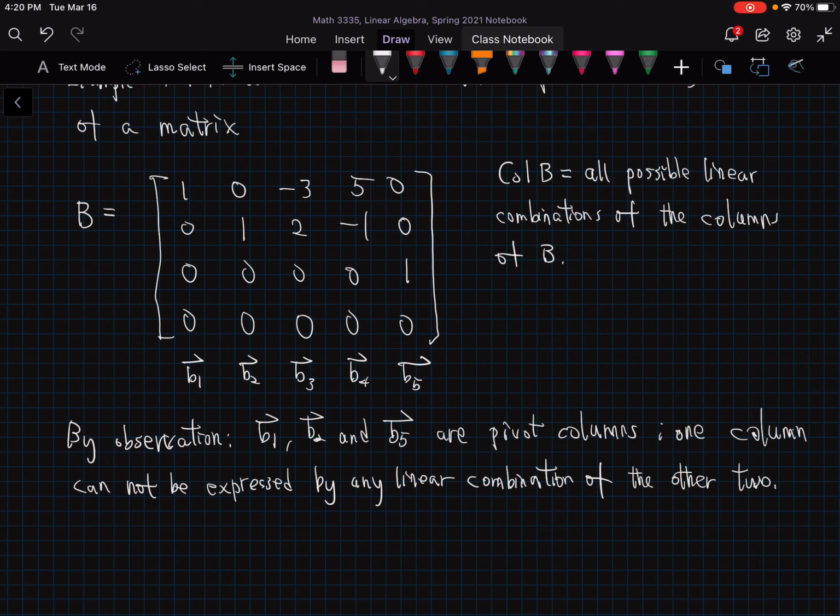Obviously, you can see if there's a 1 here, like in B5, you have the 1 right here at this pivot position. Doesn't matter what number you multiply B1 and B2 by, you can never attempt to get 1. So it's not possible. All right, so they are independent. So B1, B2, and B5 are